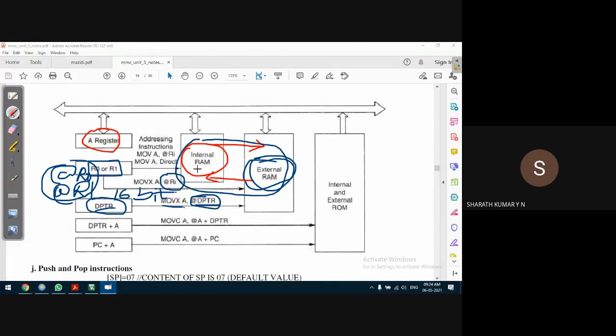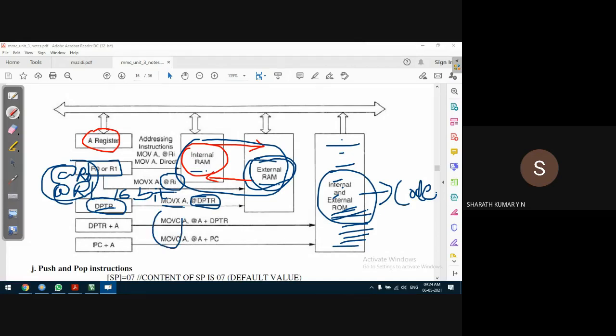RAM location means it can be internal RAM or external RAM. Now next is, how do we access ROM location, that is, code memory, code space? We have understood that it is a code space. That means both the data and instructions are stored together in the ROM memory, code space. To access code space, we can make use of the MOVC instruction. The syntax is standard and fixed, using either a DPTR or a PC, that is indexed addressing mode. This we have discussed in detail in indexed addressing mode.